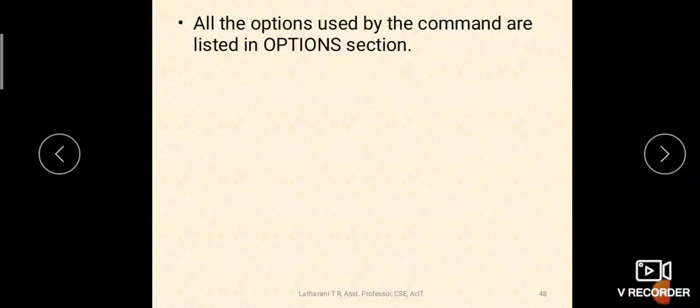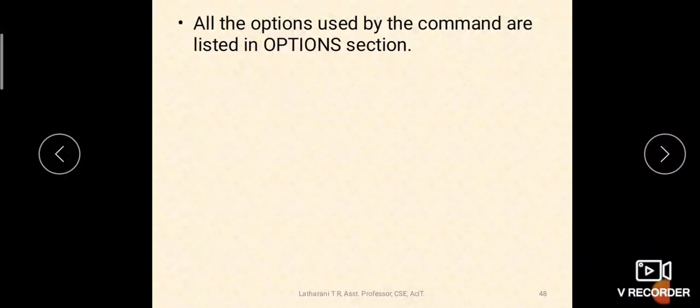All the options used by the command are listed in the options section. Like the ls command we have used with minus l, minus a, minus t, isn't it? Do you remember? Minus l for long listing, minus a for showing hidden files, and minus t for displaying the last modification time.